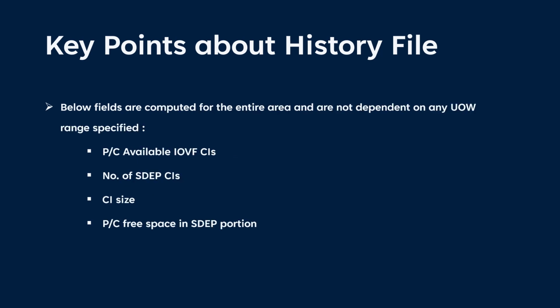As said earlier, a history file can also have statistics records for a specific range of UOWs. However, there are a few fields which are computed for the entire area and are not dependent on any UOW range specified. For example, percentage available IOVF control intervals, number of SSTEP control interval size, and percentage of free space in